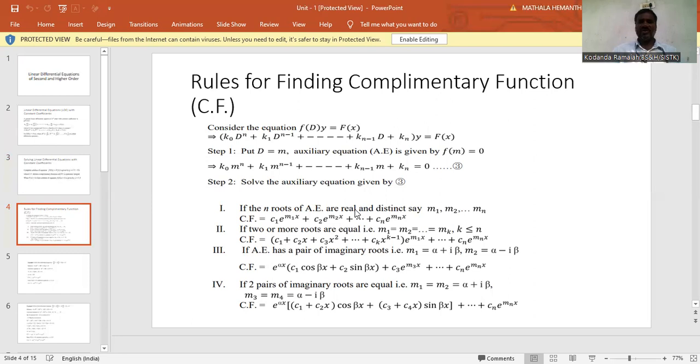How do we find the roots of a linear differential equation? There are two methods. The first one is the factorization method, and the second one is the formula m equals (-b plus or minus the square root of b squared minus 4ac) by 2a. We can follow these two procedures to find the roots of a second order linear differential equation. In case of a